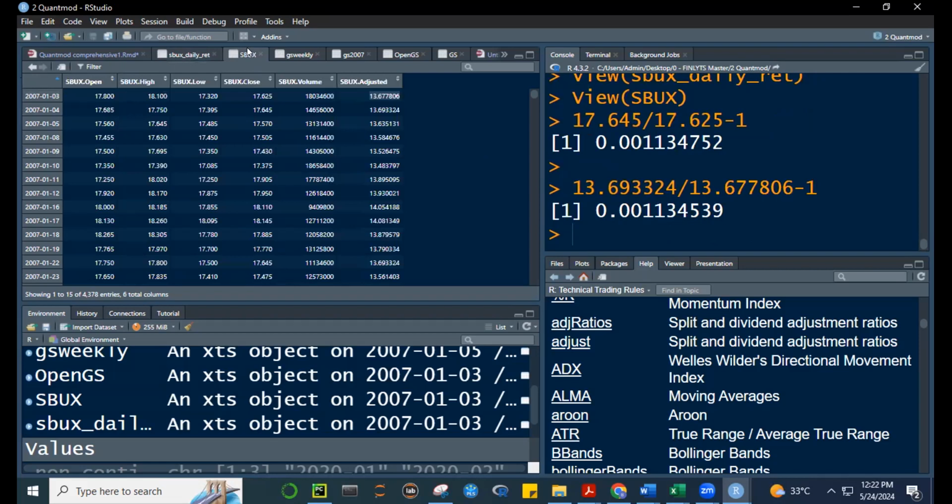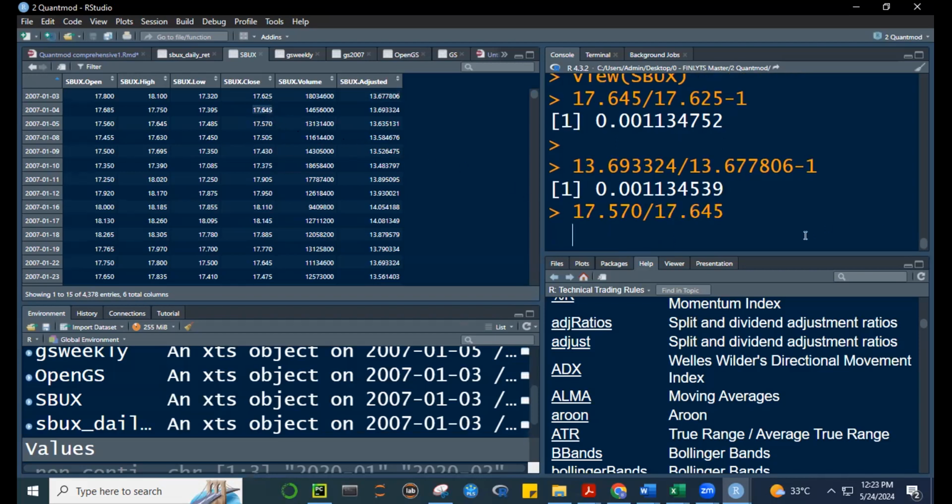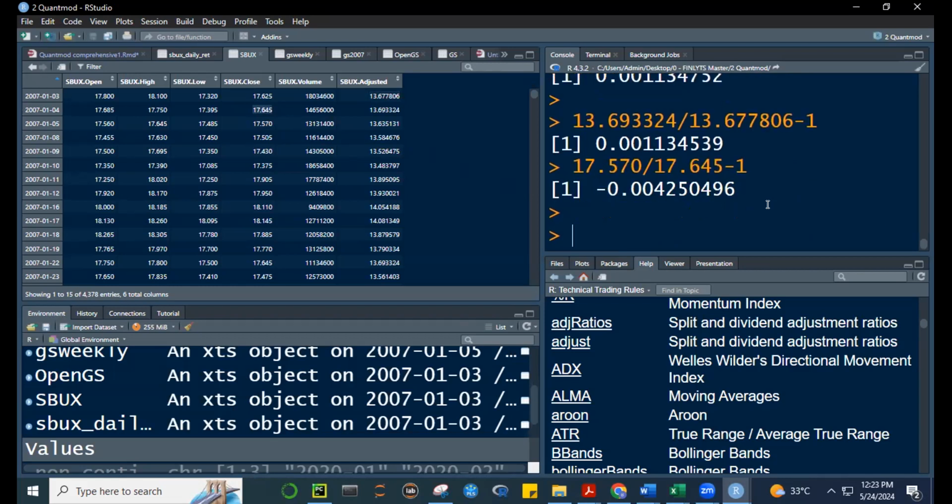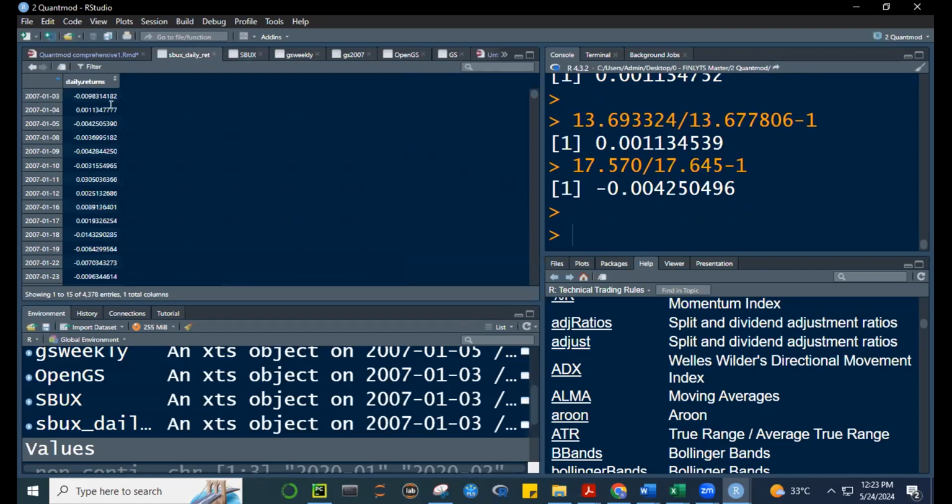Are you following class? I'm just trying to see what was used as a formula to get the daily returns. Okay, once again, one last example, ito. I'm going to copy this, Control C, Control V, divided by Control C. So this is the previous day, 17 minus 1, Control Enter, negative 0.00425. And we have here negative 0.0042505. Yeah. So it was using the closing prices, okay, to get the